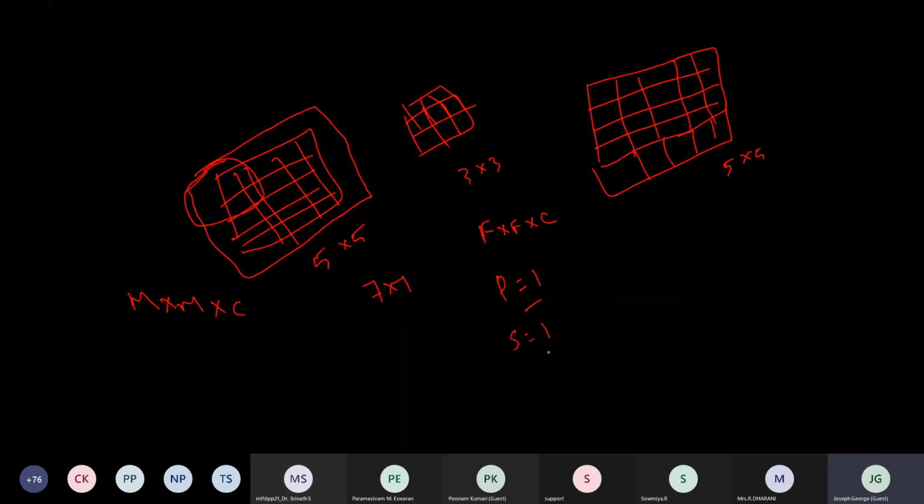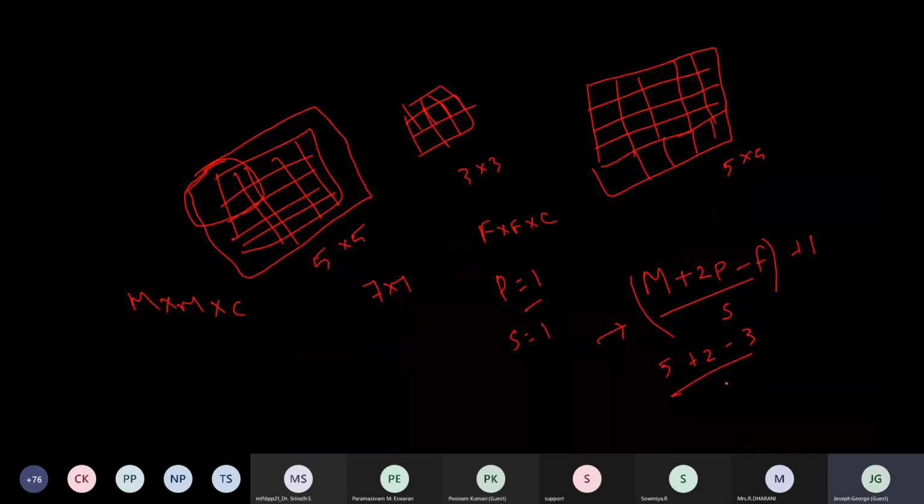The size of the output feature map will be (M plus 2P minus F) divided by S, plus 1. This is the height and width of the feature map when we are applying padding. So here, 5 plus 2 minus 3 divided by 1 plus 1 will give you 4 plus 1, which is 5. So your output image will be of size 5 cross 5.